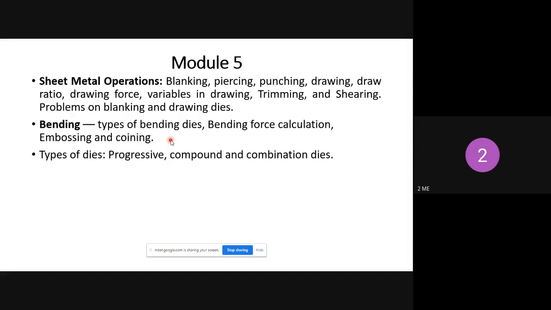You are seeing different varieties of sheet metal, differently designed sheet metal, which are prepared with the help of the embossing operation. With embossing we prepare different shapes of sheet metal. And coining is like the different coins available in the market, like the 1 rupee coin and 2 rupee coin, which are produced with this method. So, bending operation and these methods, we'll discuss one by one. Understood, right? This is the syllabus of module 5.